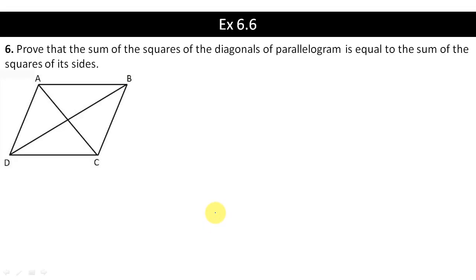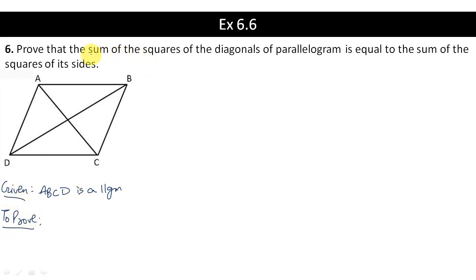So starting with question number 6. Prove that the sum of the squares of the diagonals of a parallelogram is equal to the sum of the squares of its sides. So we are given that ABCD is a parallelogram, and we have to prove